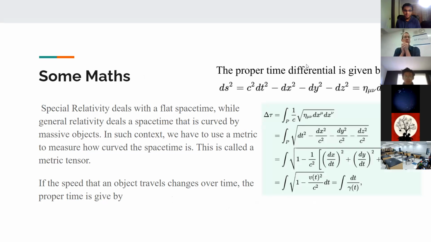And now I'll conceptually introduce some math behind special relativity. As we know, we just talked about the proper time interval, so we can write it in differential form. It's ds squared equals c squared dt squared minus dx squared minus dy squared minus dz squared, and we can use the metric tensor g_mu nu dx^mu dx^nu to represent how the space-time is curved. And the formula on the right, if you guys have taken calculus, you can use the integral to see how much